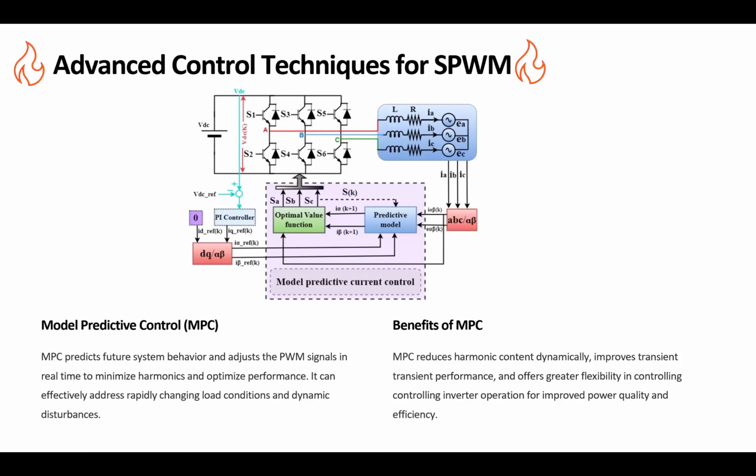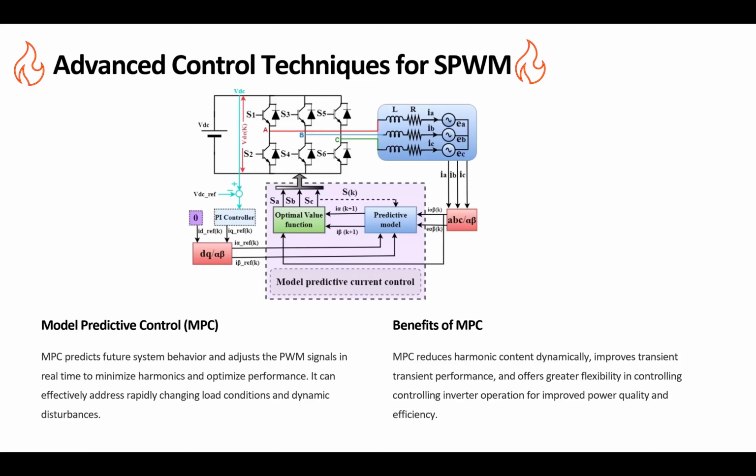So another way is that. Now, I mark that topic, the advanced control techniques of SPWM, with those two fires, okay? Because if you remember at the beginning of our course, I said using an innovation would give you a huge advantage grade-wise and learning-wise, okay? This topic is one of the,